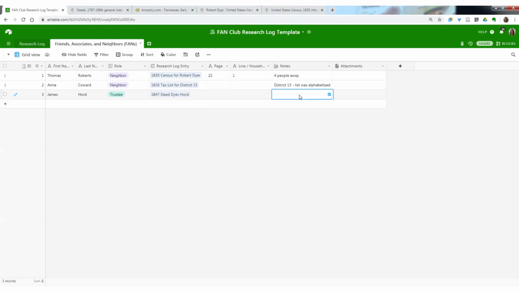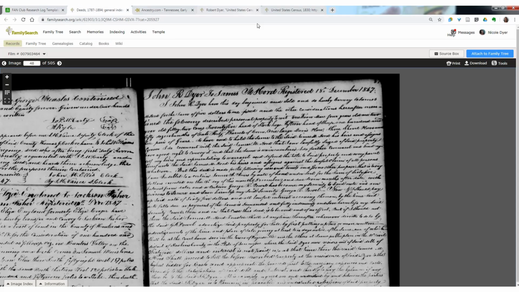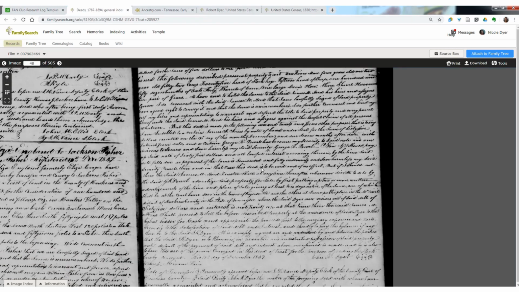And then any notes I want to put here, I can put deed of trust and then describe that he was just conveying some property to him, but not actually giving it to him, only in case he failed to pay his loans. So now I'm going to go back to that record